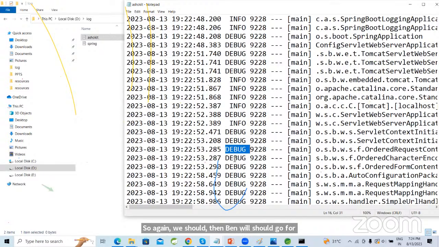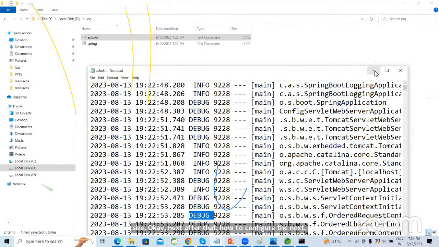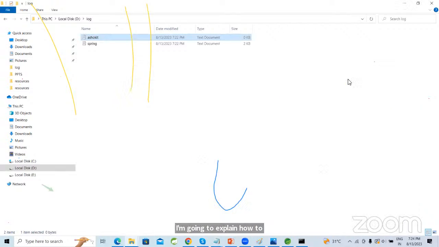Okay. So in case that file exceeds the size limit, that file is automatically rotated. Whenever the file reaches the size of 10 MB, it is automatically rotated. Okay, next, I'm going to explain how to configure Logback into our